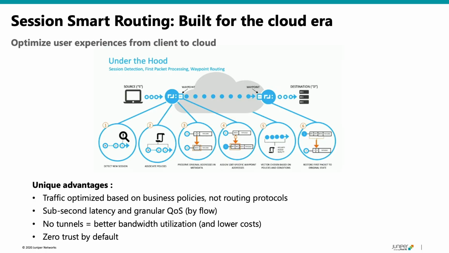So some of the things that are being done to address this, first and foremost, is for SD-WAN itself, the architectures are actually being blown up to help provide more scale, lower latency, and better user visibility. When you replace things like a tunnel architecture with something like session smart routing, right out of the gate you can see some of the benefits, where you can go from the old SD-WAN model, which is very network-centric, to one that's more user-centric, more focused on individual sessions, and has the ability to scale without having to use tunnels. So right out of the gate, this is one area where Juniper is excited.